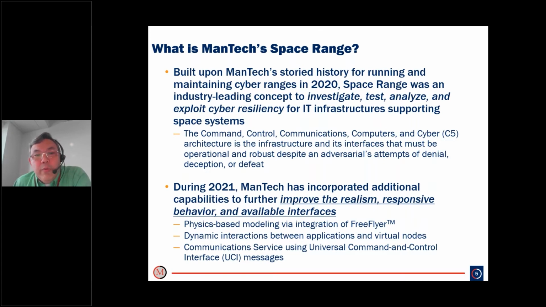encapsulated command, control, communications, computers, and cyber architecture, or a C5 architecture, all virtually. And then with that, we incorporated space-based protocols like MIL-STD-1553, and started looking at UCI, or Universal Command and Control, that allowed this virtual environment to interact with real systems with the real language they typically communicate in, all for the intent of understanding the cyber resiliency of that C5 IT architecture, so they could be more robust